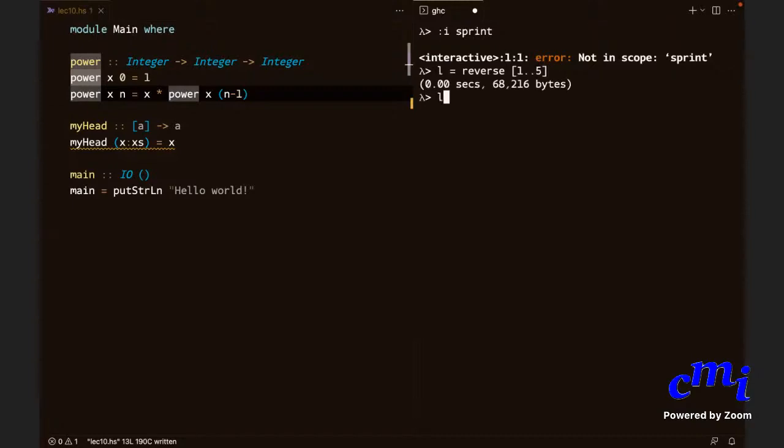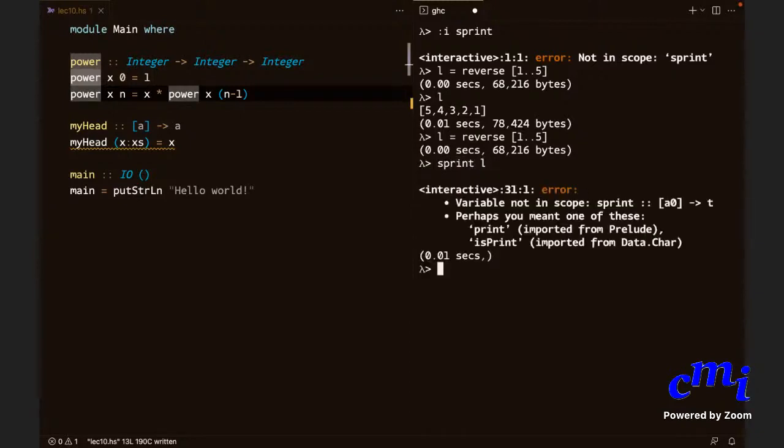If you say L, what will happen? It will evaluate it and print [5,4,3,2,1]. But instead of that, let's say sprint L. This is the important thing. Do you see what it writes? It says L = _. Underscore means L is something of type list, but I don't know what the value is.